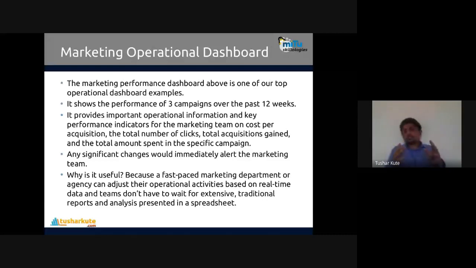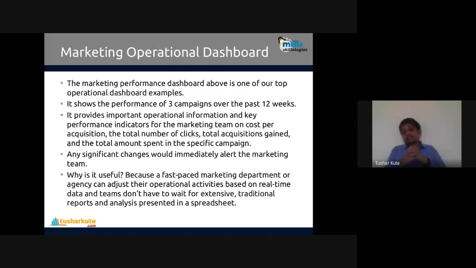Whenever you do any kind of advertisement on any platform, what is the reach of your advertisement? How many people have seen it? How many people have responded? How many people have purchased it or have performed operations with that particular marketing, product or service? We can accommodate that in the form of a dashboard. That is called the marketing operational dashboard. And the response, we can see over a period of time, like over days or weeks or months or years.